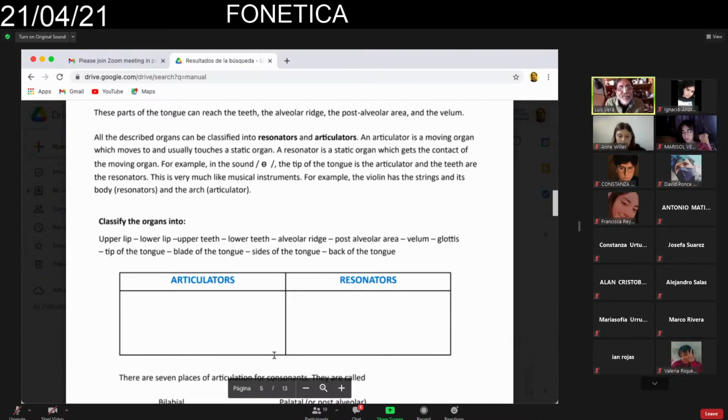Let's classify the organs. We have all the organs here, but you need to think about what organs move and what organs receive the motion of the other organ. The organs are upper lip, upper teeth, lower teeth, alveolar ridge, postalveolar area, velum, glottis, tip of the tongue,